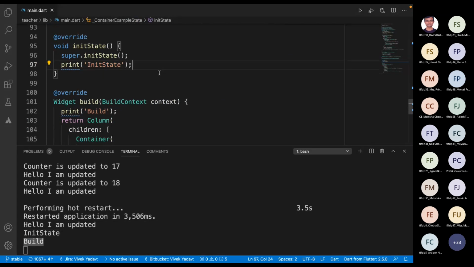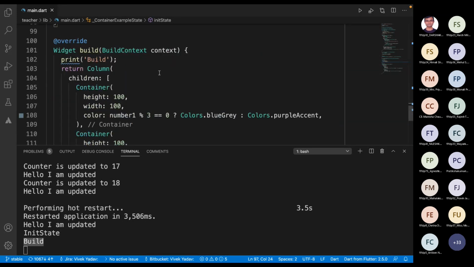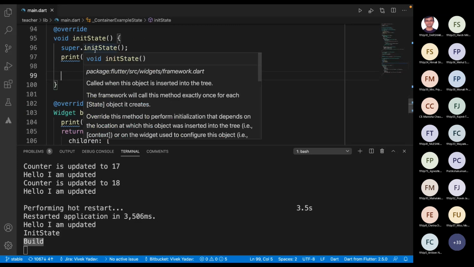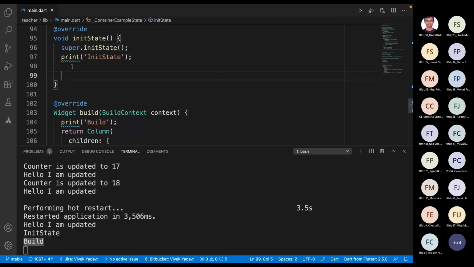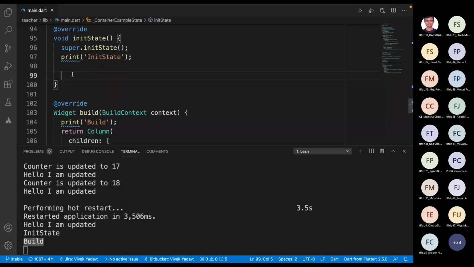Right, now let's see the magic of setState in our container class. Because initState is called, what I can do is call another function which will call a setState, right? We know that without setState we cannot update anything.